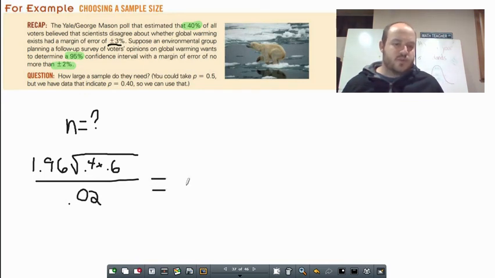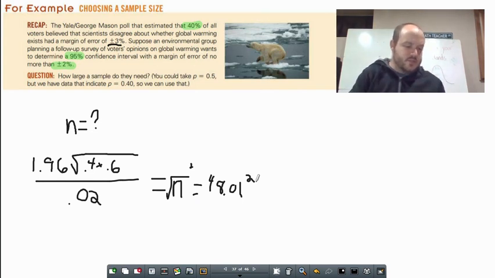And this will give us square root of n, sorry. And that answer is going to be, plug all that into your calculator, and you get 48.01. So if we want a final answer here, remember we need to square both sides. Let's go ahead and square that in there. And once you square it, it's going to give us that